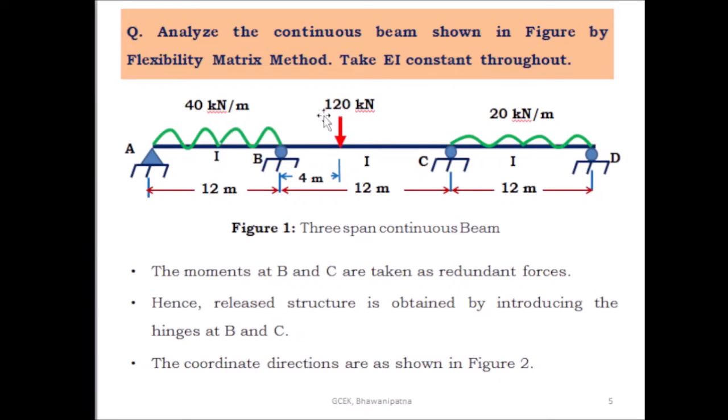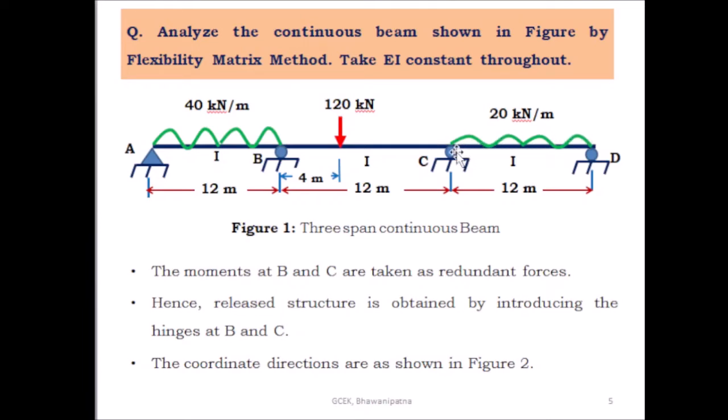Similarly, here there is an eccentric loading, at a distance of 4 meter from support B and 8 meter from support C. So what is the moment at the loading point? It is W a b by L, where W is equal to 120, a is 4 and b is 8, divided by L. So the free bending moment diagram is triangular, and here also there is a